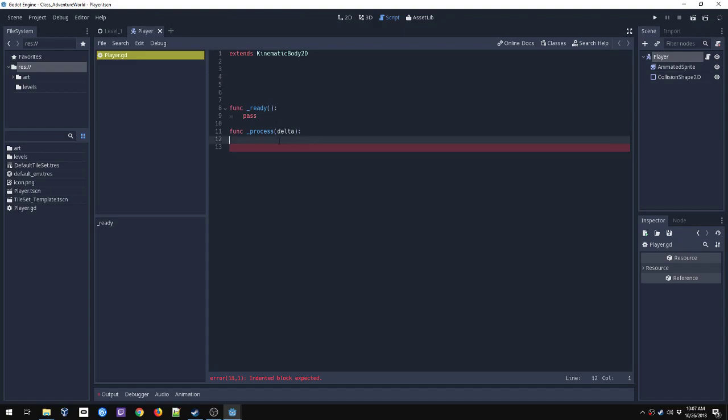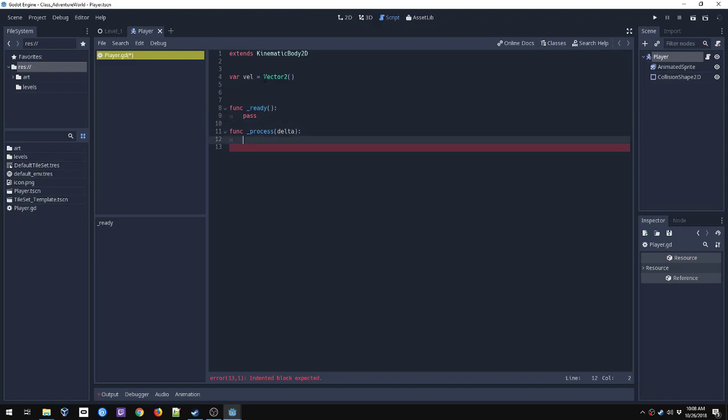First, our goal here is we're going to replicate much of the functionality that we did before, except we're going to make one massive change. Instead of making multiple move and slide functions inside of our process function, we're going to do one, and we're going to use a velocity to track how our player is moving. And we'll see that in just a second. So I'm going to just call it vel for velocity,